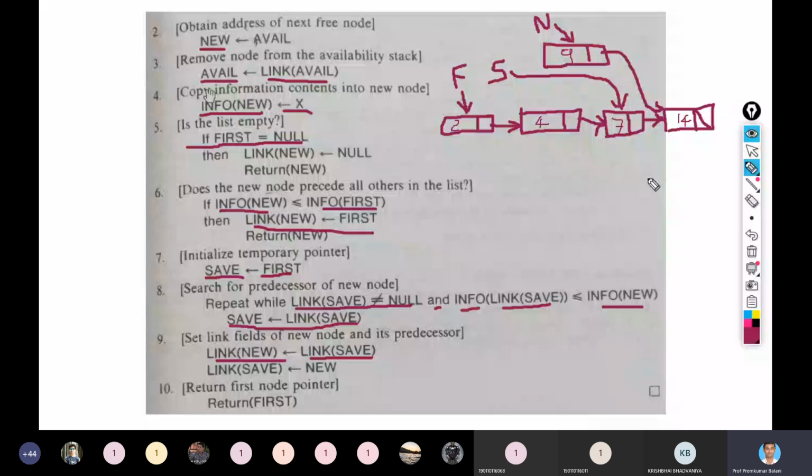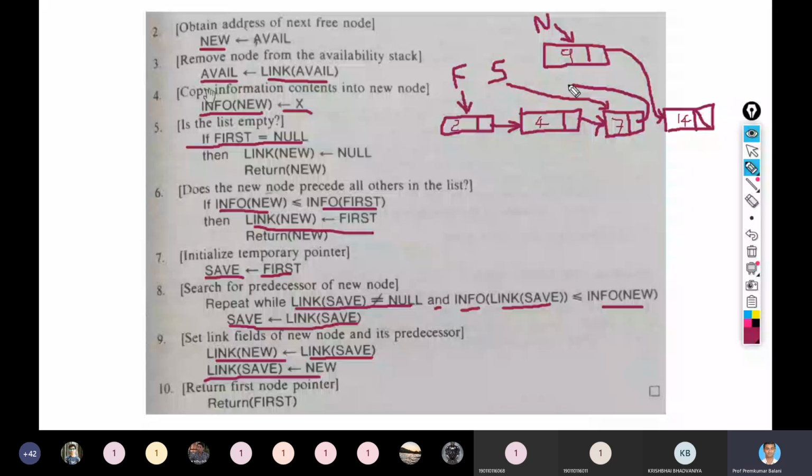So link of save is right now pointing to this node, now it would be pointing to new.